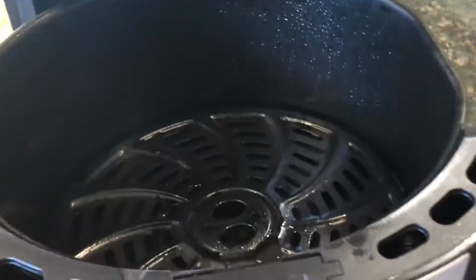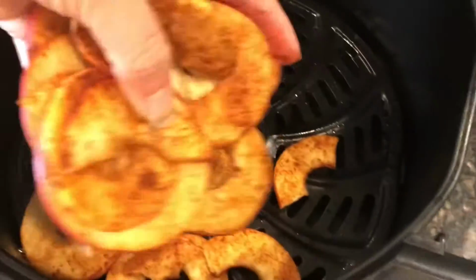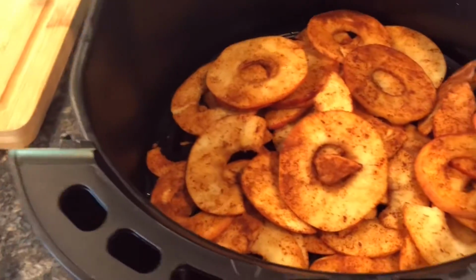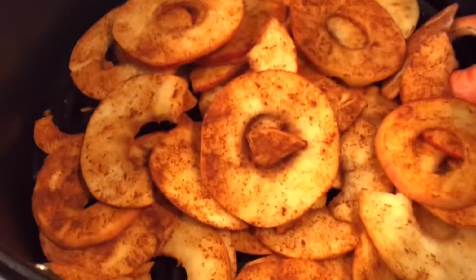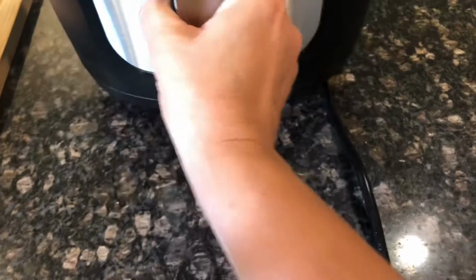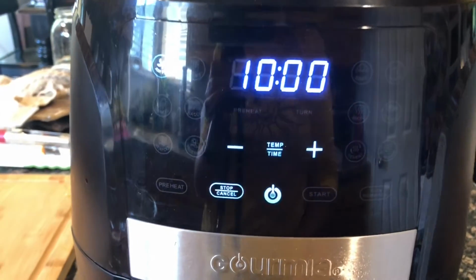So I have been preheating my air fryer to 350 while I was preparing, and I lightly sprayed the inside with a spray olive oil. I'm then going to go ahead and add my sliced apples that have the cinnamon coated on them. Again, just being careful to kind of separate them as I put them in. You can see that I did layer them on top of each other, but I wouldn't suggest doing a whole ton. I'm going to set my timer for 10 minutes